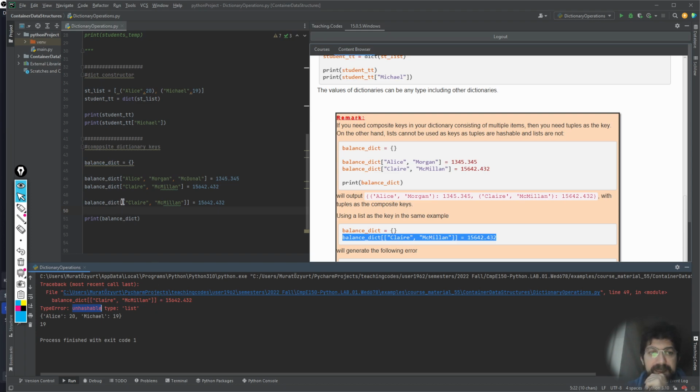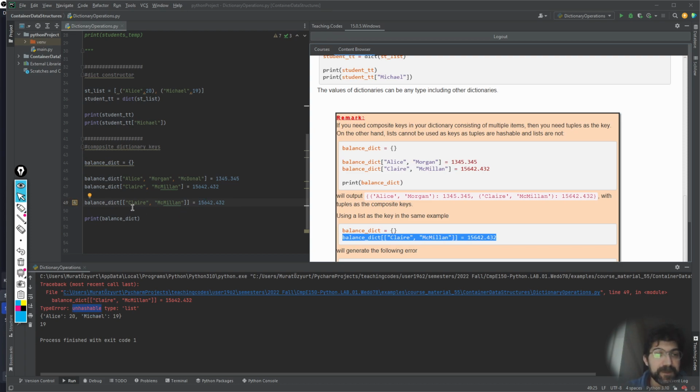So you cannot insert a value like this. This is the insertion part. When you assign a value to a key provided as a list, it cannot be hashed. Okay, this list cannot be used as a hash, but if you provided it as a